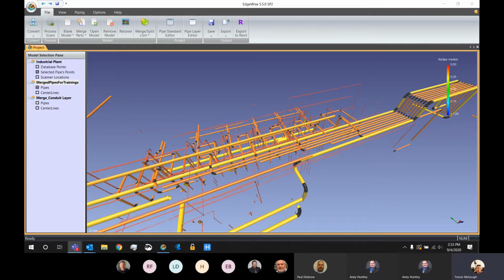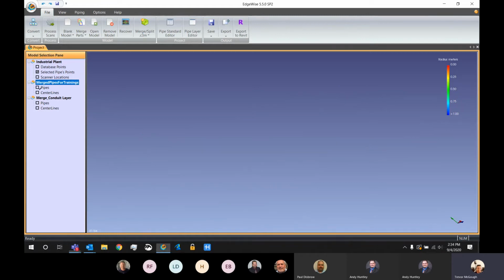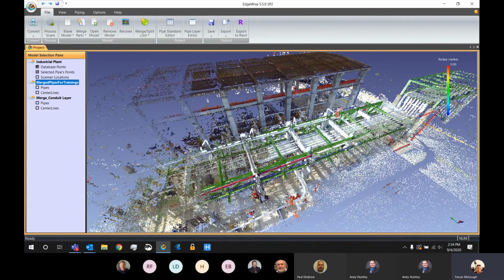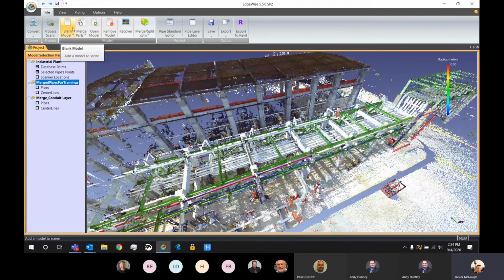structural portion of the software. The structural portion of the Edgewise software actually operates off of a different engine, and that engine is object detection. What I mean by that, and the big practical step, is that instead of the automation happening at the beginning of the software, the automation is going to be happening at the